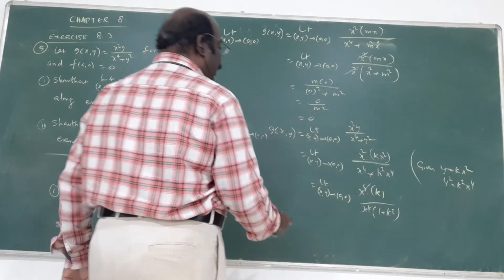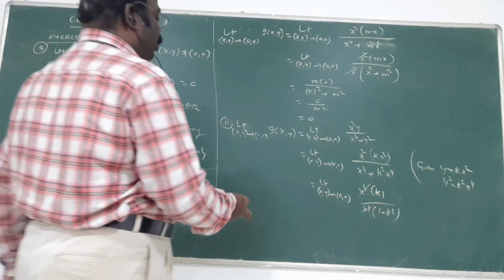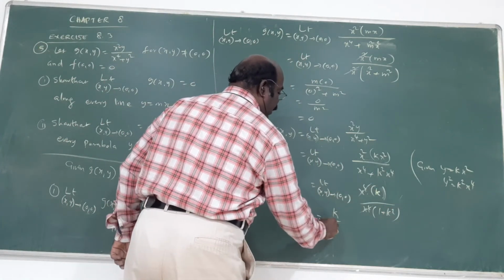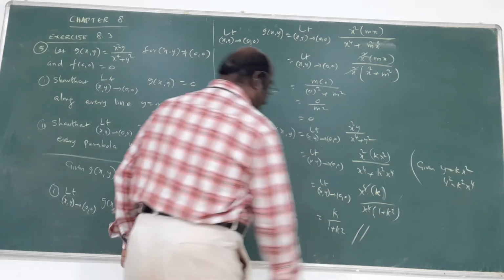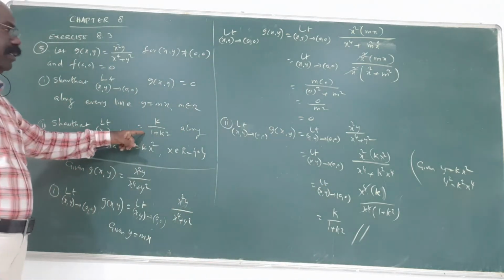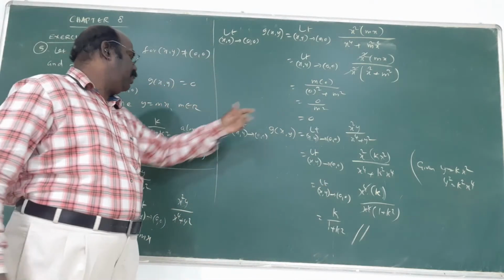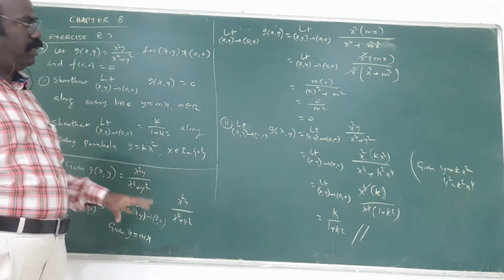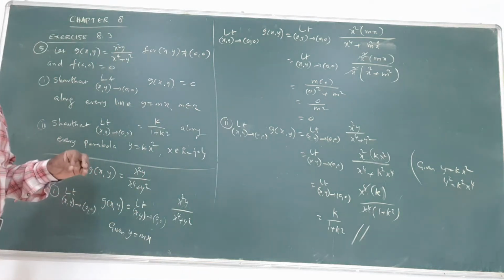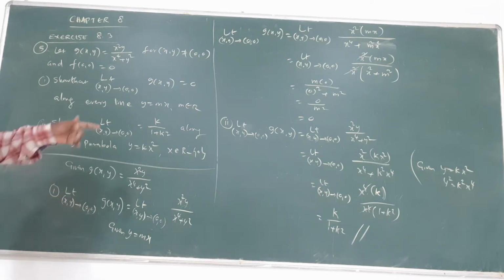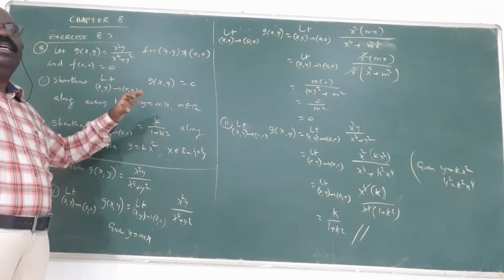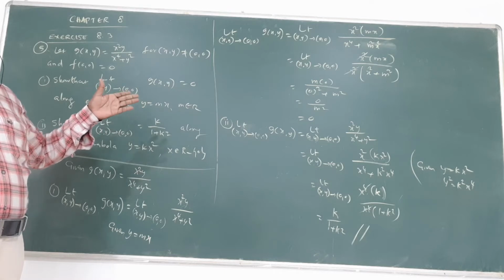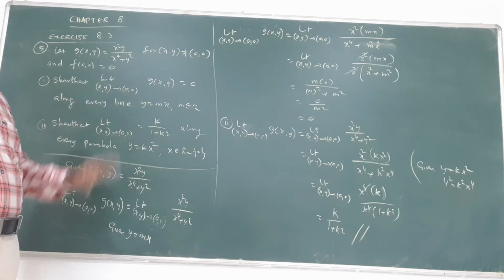Now replace x is 0, y is 0. But here x will not be involved. The answer is k by 1 plus k square. Clearly the answer is given in the question. For the first question, g is the answer. The next one, k by 1 plus k square is given. Very simple concept. Replace x0 by 0 means we get 0 by 0, but some conditions are given. Substitute the condition, replace the y value. Then after taking common and canceling, now apply the limit.